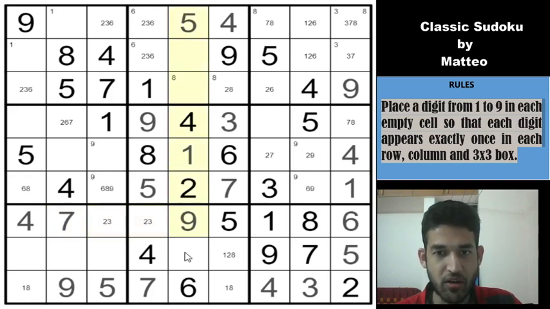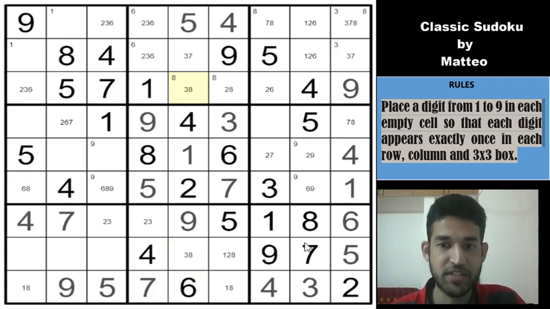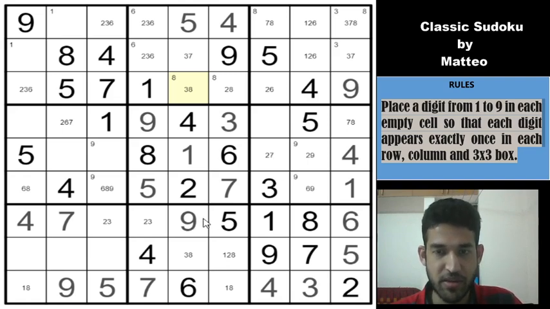So let us look at column 5, 1, 2, 4, 9, 5 and 6. So remaining digits are 3, 7, 8. So this is 3, 8 because of the 7 here. This is 3, 7 and this must be 3, 7, 8, but 7 is here, so this is 3, 8. So I'm getting a lot of cells which have only 2 possible candidates in them. So this may be giving rise to some interesting technique later on.